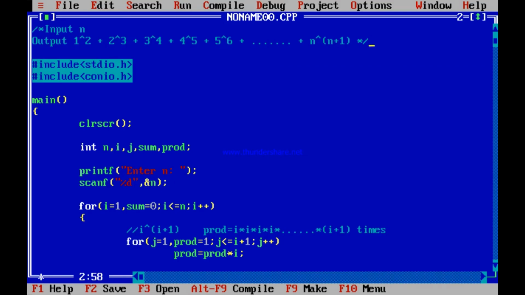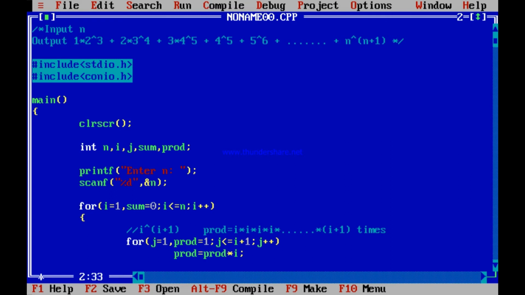If I make slight changes, small changes in the requirement of the program, suppose I do it like this, it is not 1 square, instead it is 1 into 2 cube, almost same, 1 into 2 cube. Next one is 2 into 3 to the power of 4. Check out what I am doing. 1 into 2 cube, 2 into 3 to the power of 4. So what will be the next one? 3 into 4 to the power of 5.